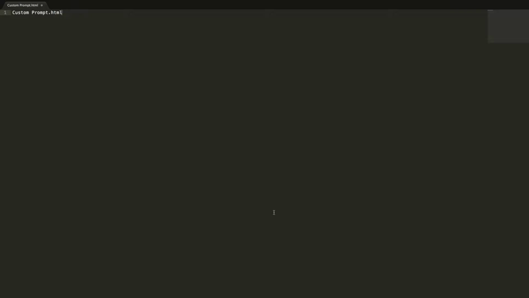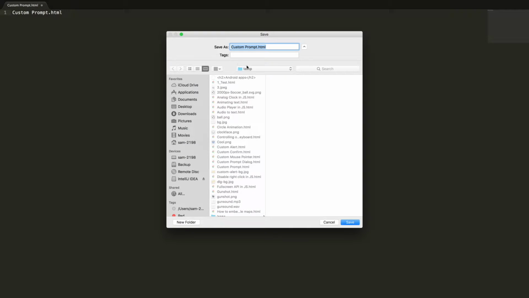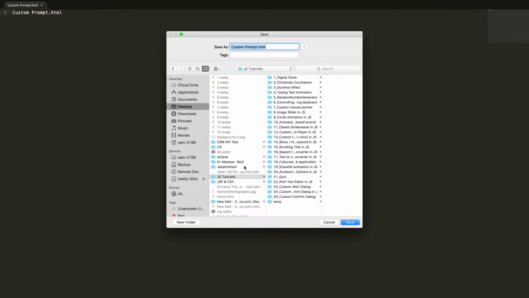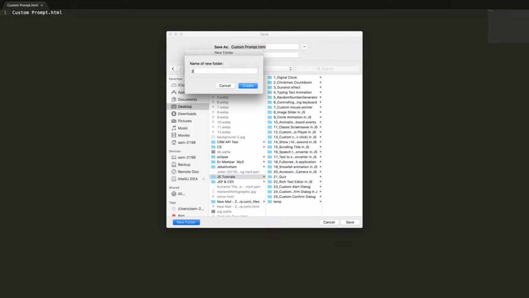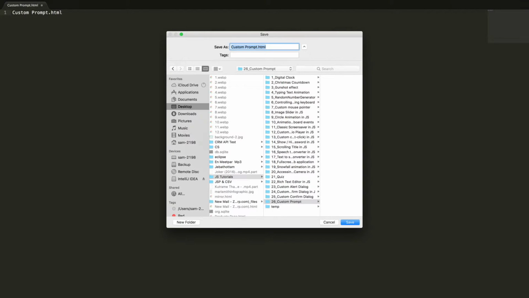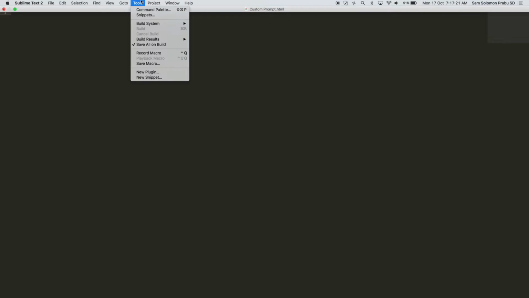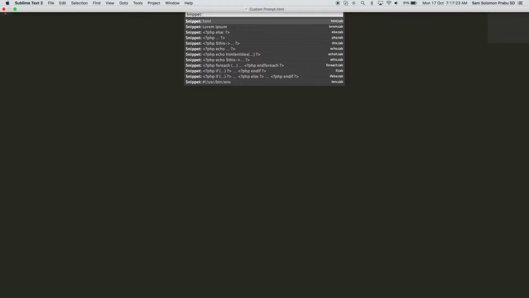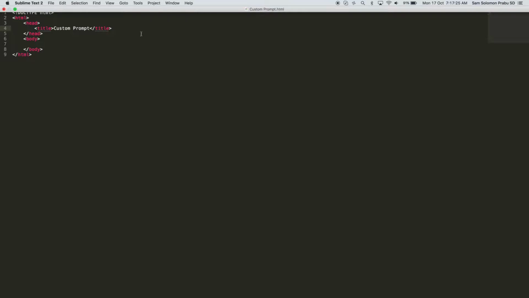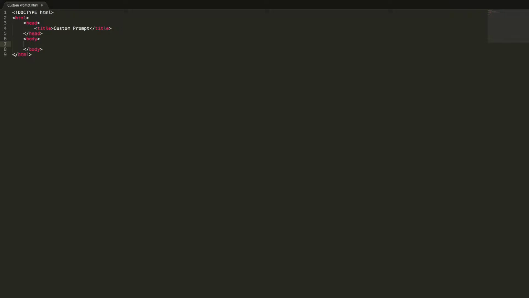Today we are going to learn how to create a custom prompt dialog in JavaScript. Let me save this file inside my JS tutorials 27th, 26, and my HTML snippet custom prompt. Let's design the layout of the prompt